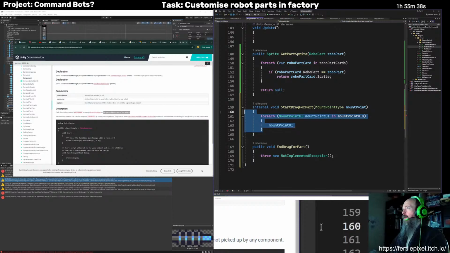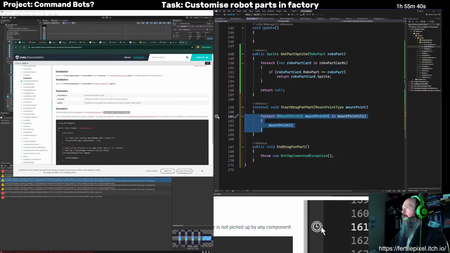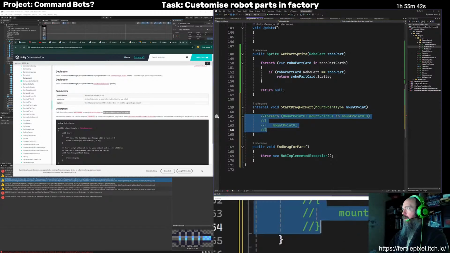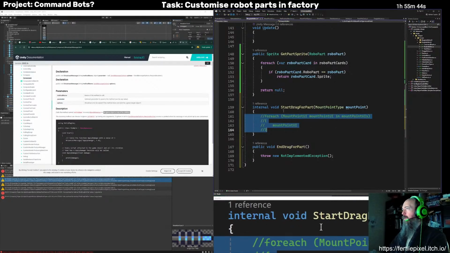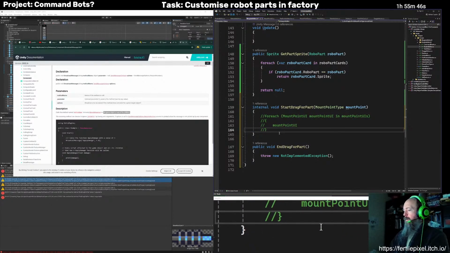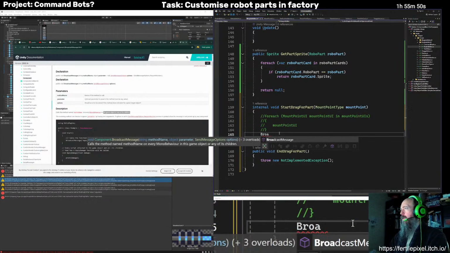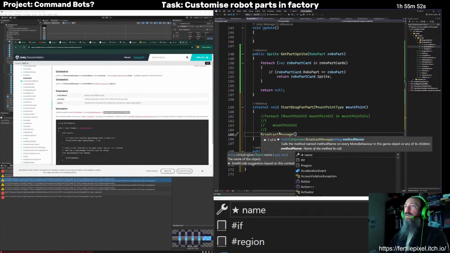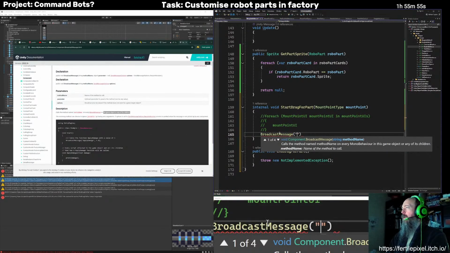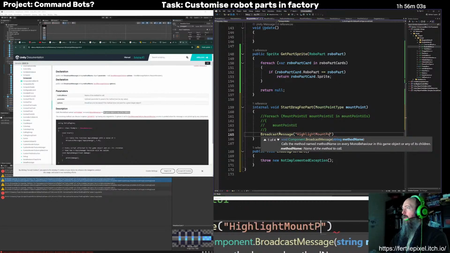So I'm not even going to do any of that. That is not the shortcut for that. There we go. I am just going to broadcast a message, and the method name that I'm going to broadcast with is highlight mount points.